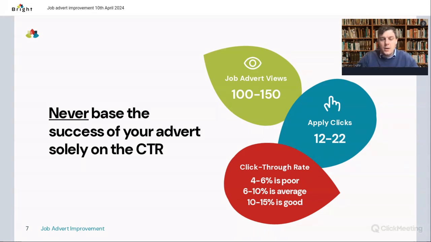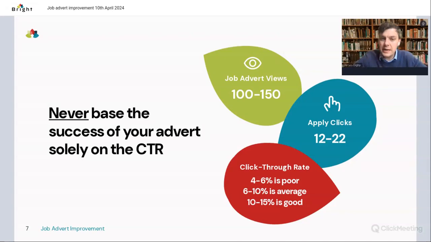So a lot of people and a lot of agencies will be looking at your advert performance for recruitment on your click-through rate, so your percentage conversion rate. That's sometimes a useful tool to be able to see whether you're performing in line with how other people's job adverts are performing. But for the vast majority of time, you should really be looking at your job advert views